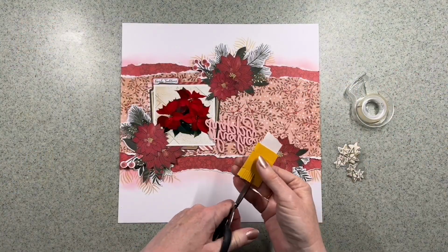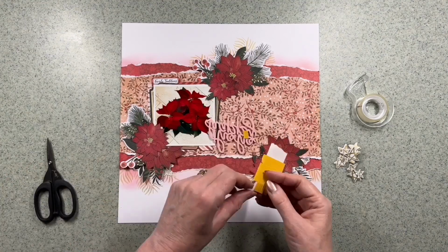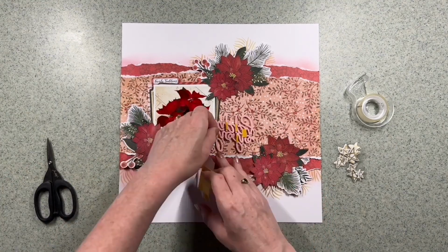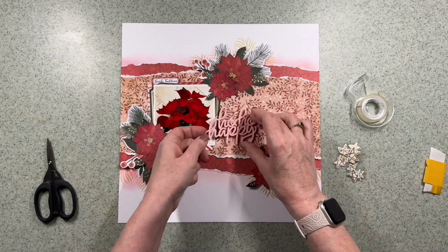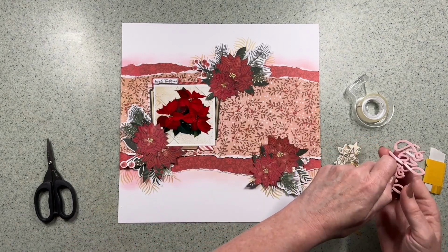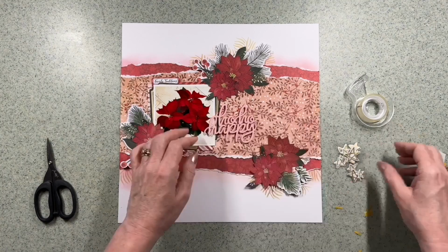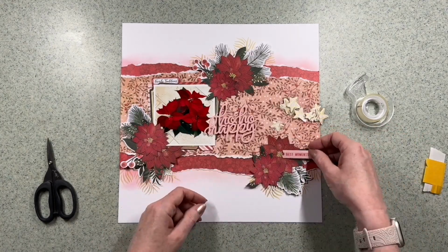So I've stuck this down now to the cardstock. I'm just going to add a little bit of foam on the back of my perspective just to lift it up over the photo cluster. So I've just cut some foam pads there, and then I will get that stuck into place. And even with the pink paper, I feel like the pink perspective still pops, particularly now I've raised it up,